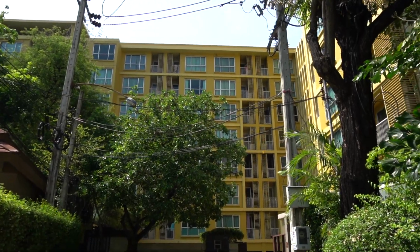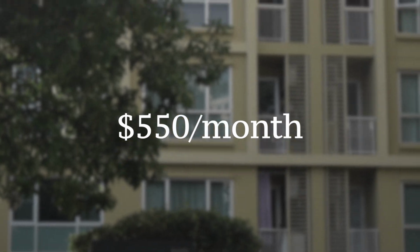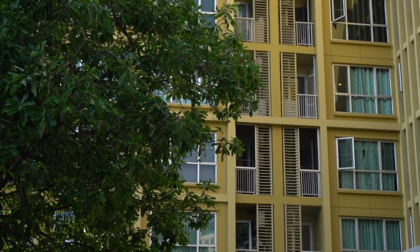Alright guys, welcome to my $550 condo here in Bangkok, Thailand, in the Ekkamai area. The yellow building right behind me, that is it. Let's head on in there and I'll show you what there is in terms of amenities, common areas, and my apartment, of course. Let me quickly show you the bottom floor here, the common area,